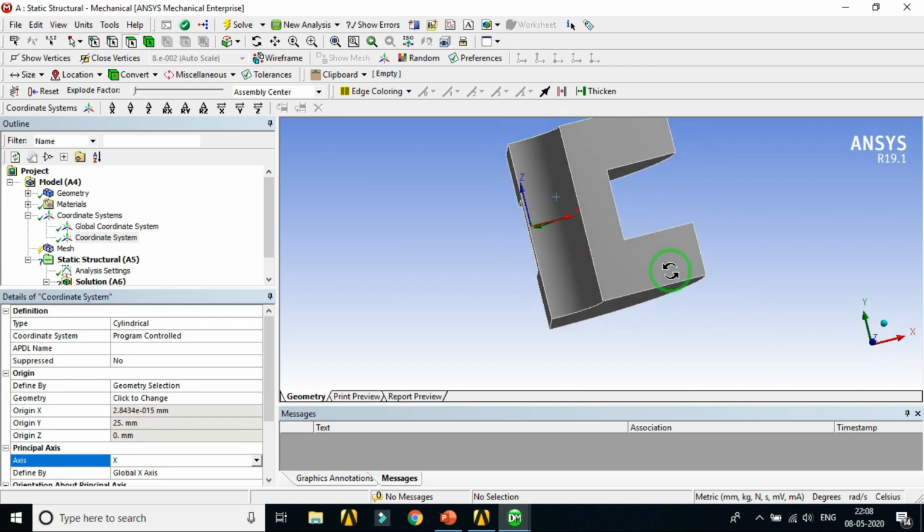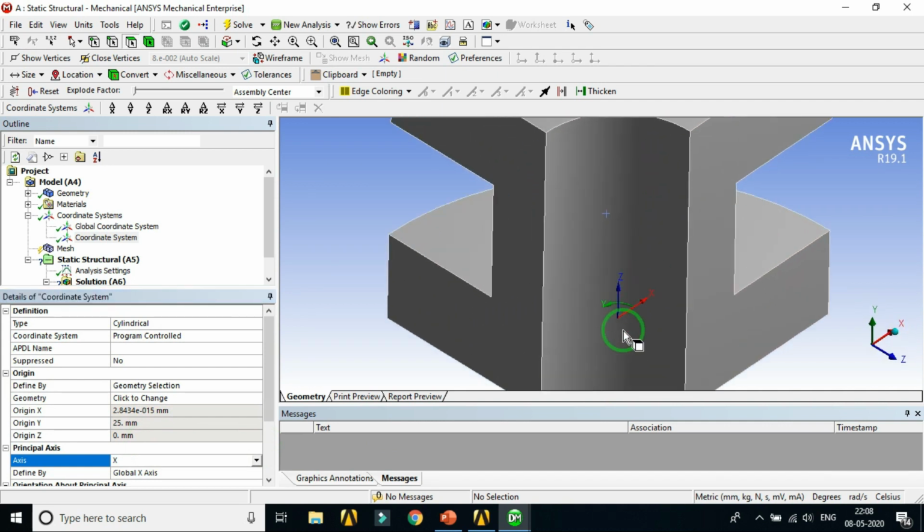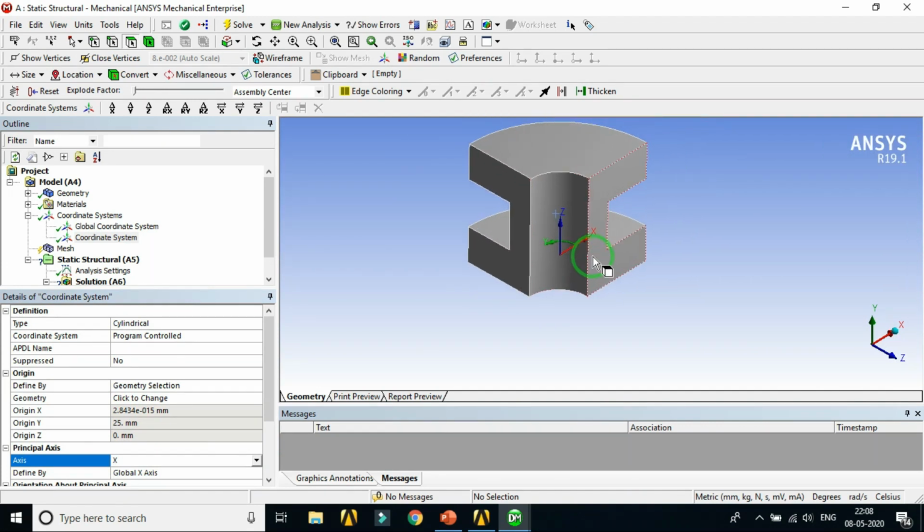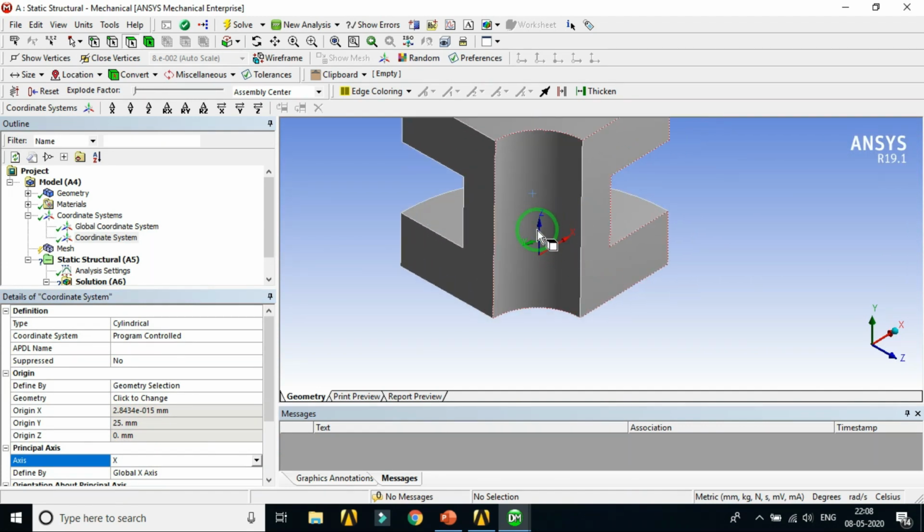So here we got the rotation about the x-axis, you can see here. This is your x-axis, vertical axis, z-axis, and the rotation axis, y-axis. So in this way we have created the local coordinate system.